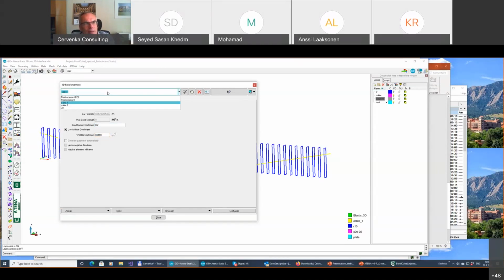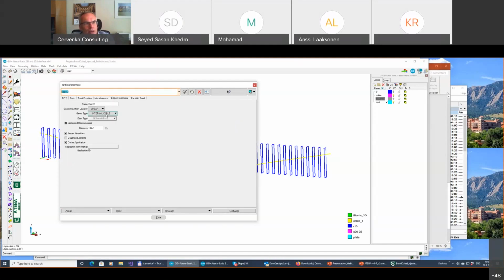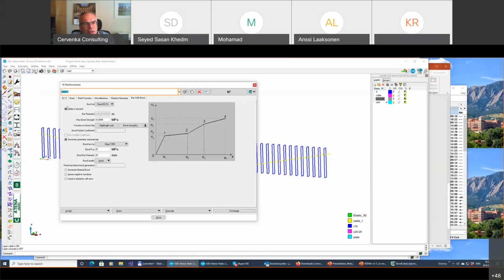And then we have this second model where we say it's also an internal cable, but in this case the cable is injected. Once the cable is injected, you see we have different properties here, and you can define some bond law. In this case, we use this CB FIB model code bond law, which you generate based on the concrete cubic strength and the properties of your reinforcement. Of course, in this case, it should not be ribbed reinforcement. And here you say, so it should be maybe cold drawn wire or hot rolled bar,